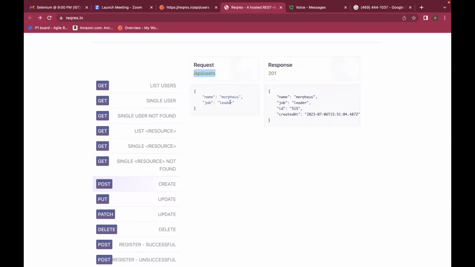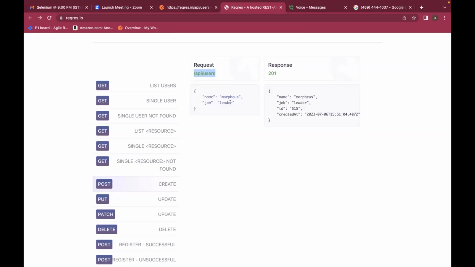So relax, that's wrong. So you need a name and a job. So these will become your request body. Something like your values. In your SQL query, you write insert into table values. So those values are given here. These are the key value pairs that you need to use whenever you are trying to insert some data.